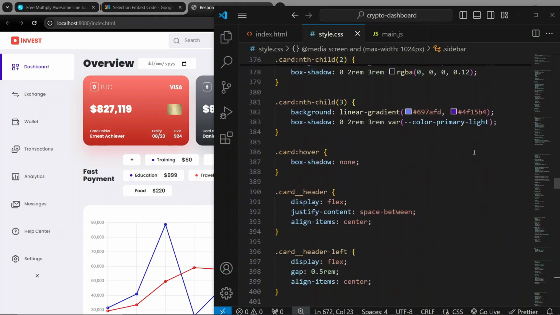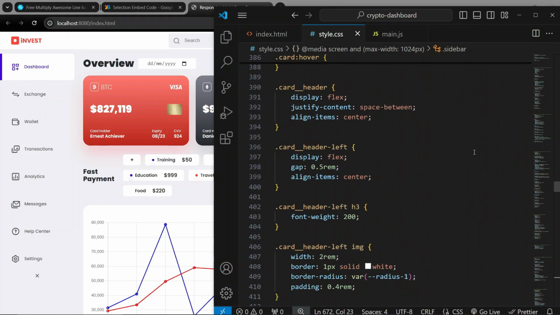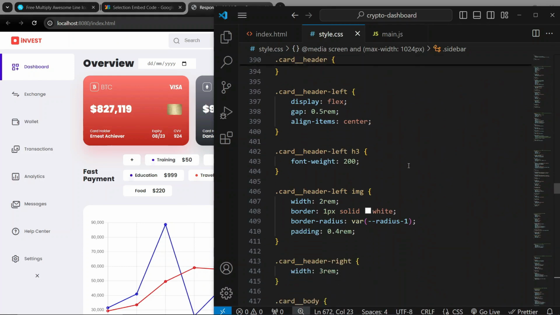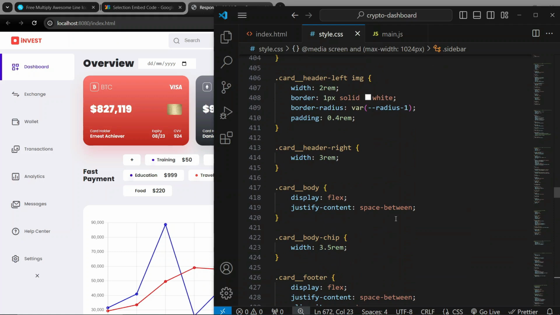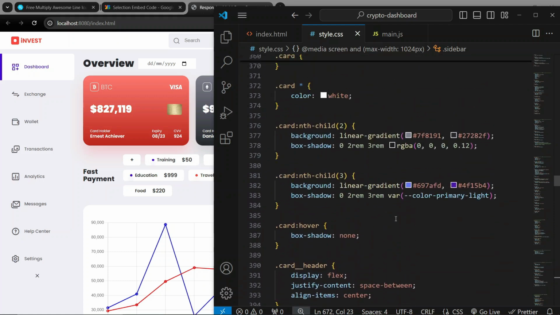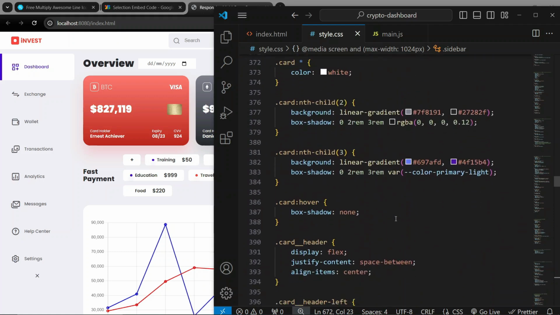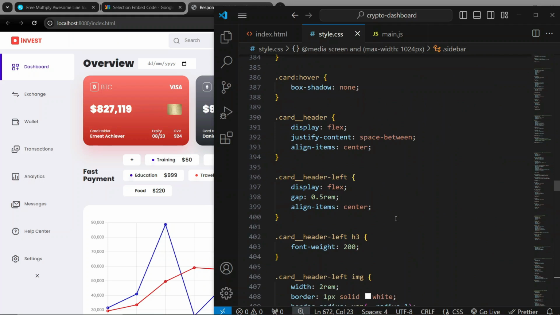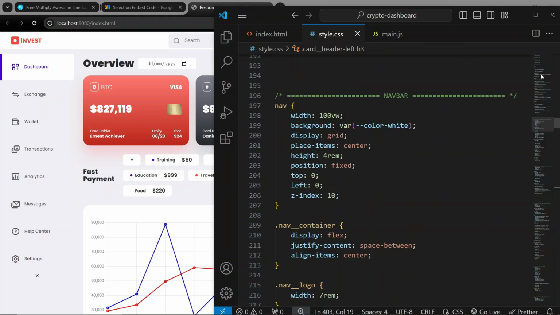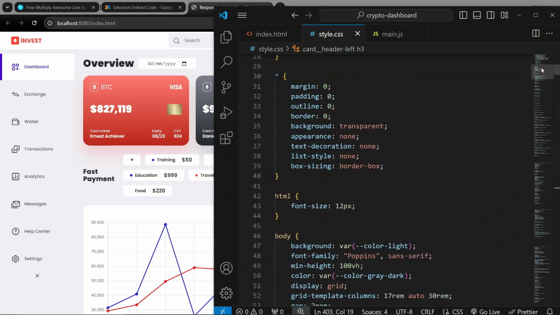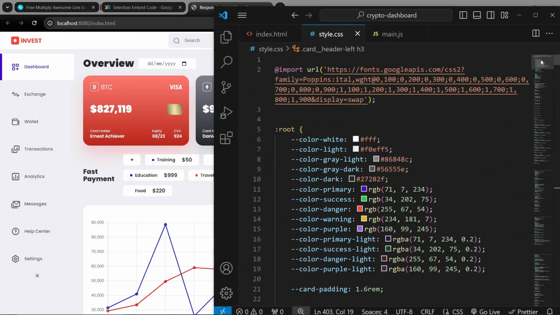I'm going to, the header left right here. Where is it? The font width here. I'm going to make that 300. Yeah, that's better. All right, so as I was saying, we will just have a class since we used CSS